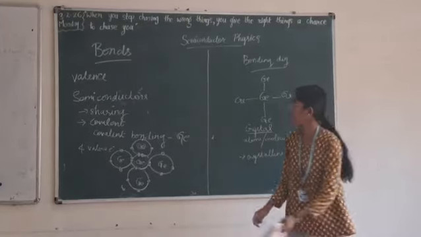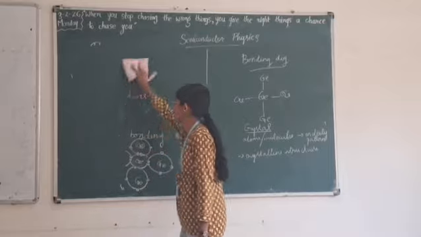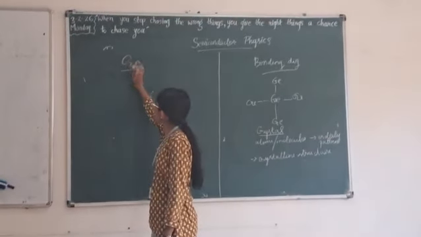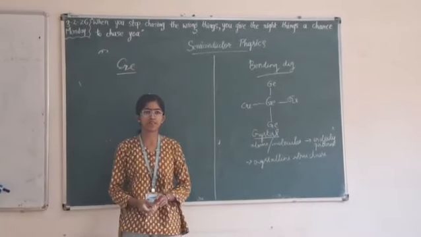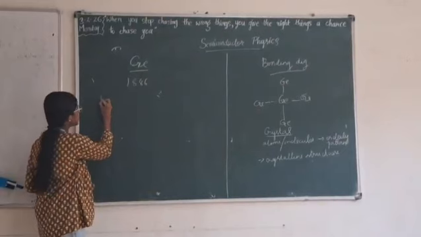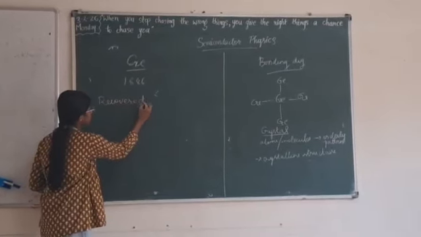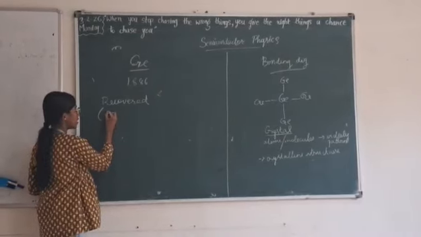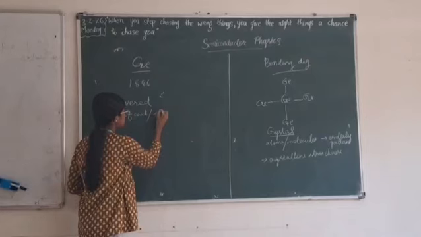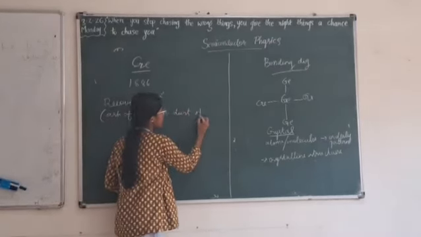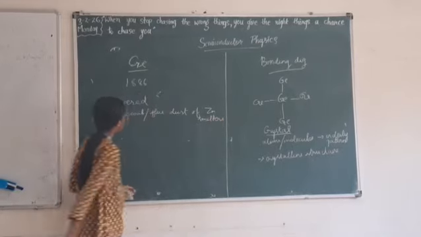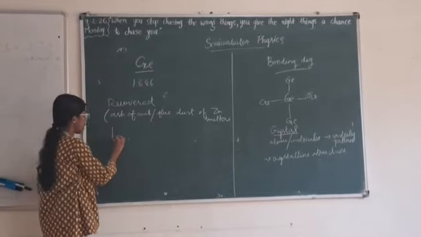So, first, let's talk about germanium crystal. Germanium is an earth element and it was discovered in the year 1886 and it was recovered from the ash of coal or from the flue dust of zinc smelters, and this discovered germanium was in the form of germanium powder,